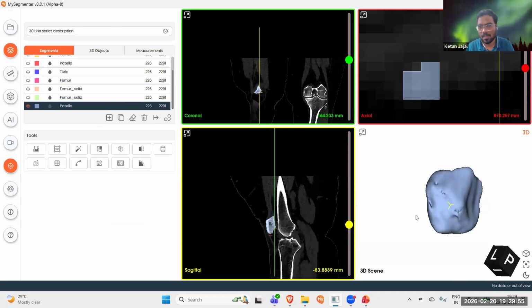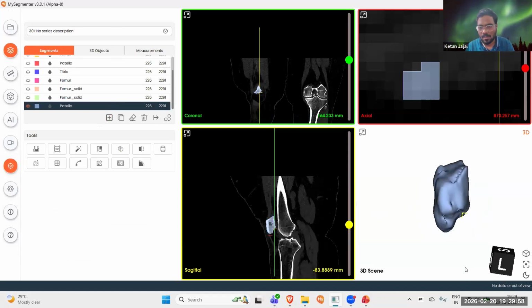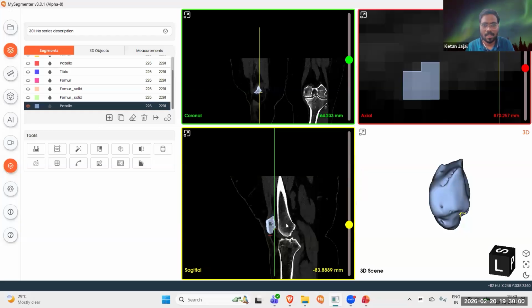Now you can see earlier it was hollow, now it is filled, but there are a couple of regions